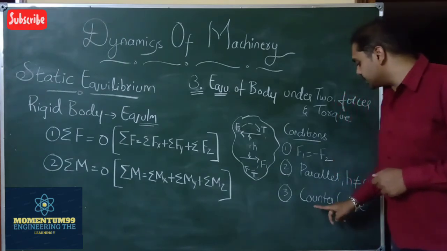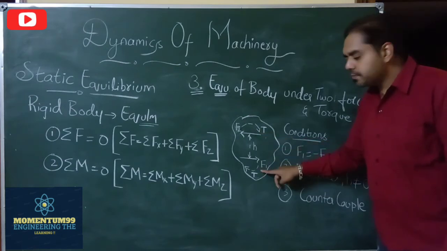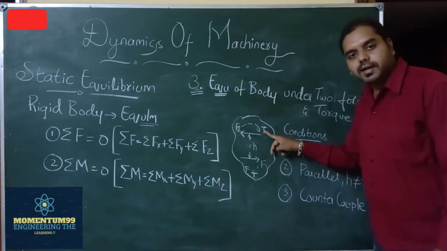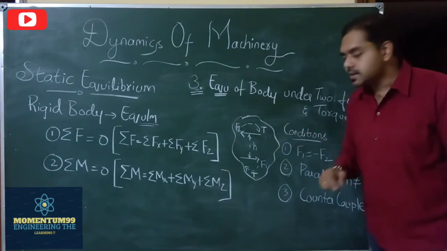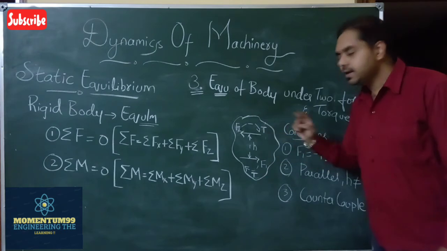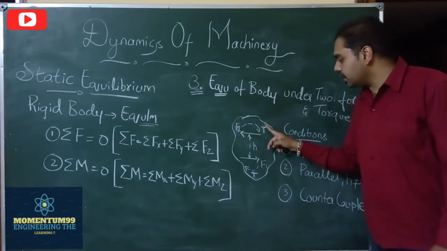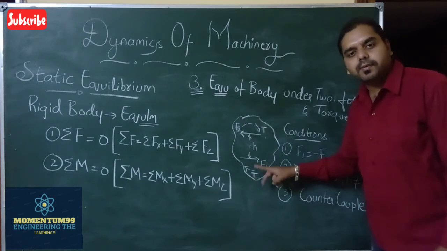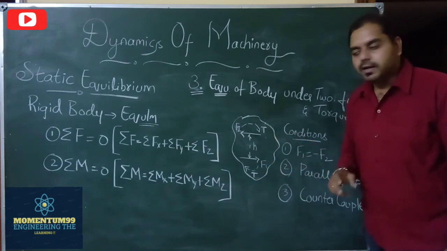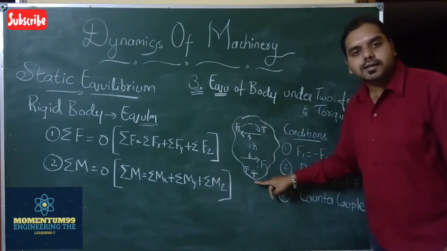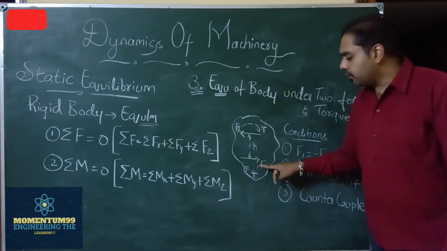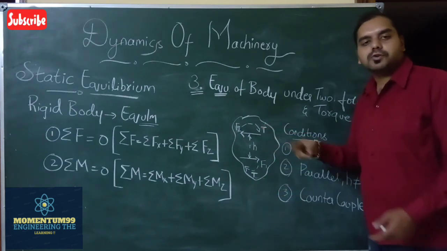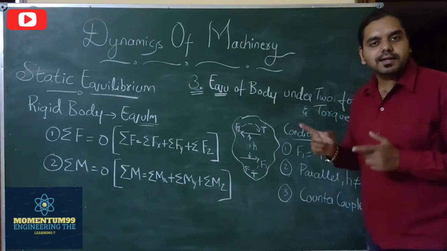And moving on to the last condition, we have two torques produced because of the application of forces F1 and F2. They should form a counteraction such that this torque is cancelled by this torque. Whatever the effect of this torque on the body, and whatever the effect of this other torque on the body, the effect of this torque should be cancelled by the counter torque. That is, the torque produced by F1 and the torque produced by F2 should be in opposite directions such that they cancel each other out.